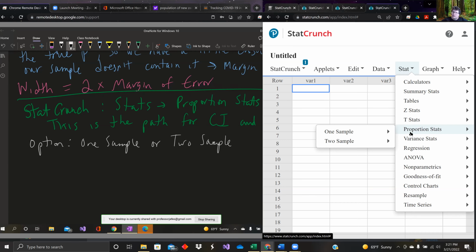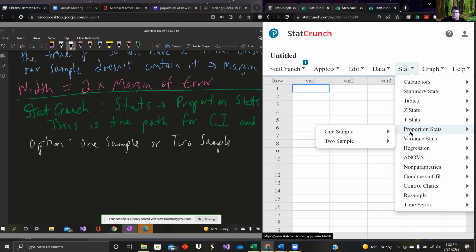Now, a lot of the stuff you're doing is one sample. What I've been doing here is one sample. We will do two sample later. It's usually when you're comparing two different groups and asking, do their proportions match up? Are these two groups equal? So that's what the two sample one is going to be. One sample is normal. Two sample is a later chapter, I want to say chapter 12, it might be chapter 11. Chapter 10 is when we actually start diving into it.